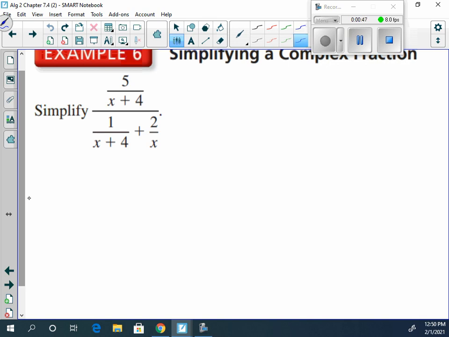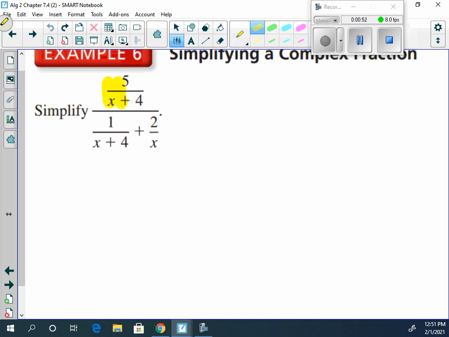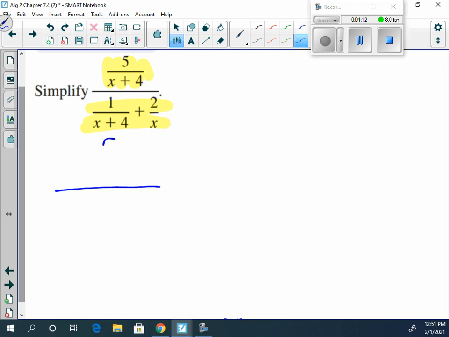So as we can see here, the numerator is already just one fraction, because we have 5 over x plus 4. However, the denominator is 2, because we have two fractions here. So what we need to do with this method is make that be 1. We need to have it be a single fraction. Well, the 5 over x plus 4 is going to stay the same. Now, when we look at the denominator,